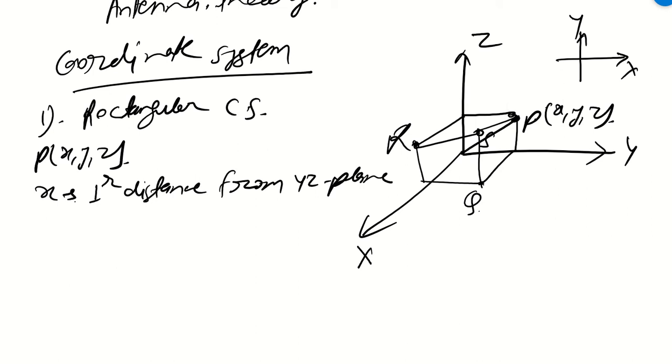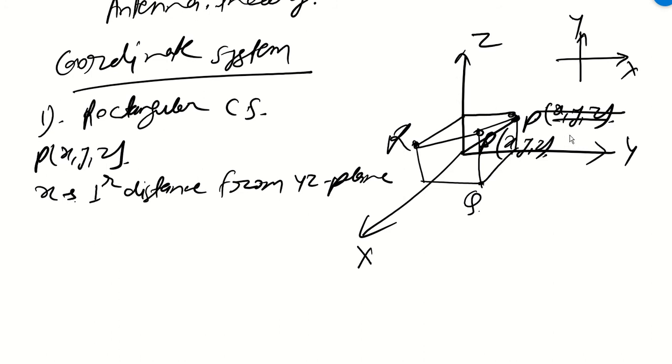So see here what I am telling. Suppose this is point X. So this is my P, X, Y, Z. I should have taken P here. That would have been a little bit easier for you to visualize. So let's take P here. Okay. So you can see P is x distance away. If I take P here, then it would have been x equal to 0. But I am taking P here. So this much distance is there in x.